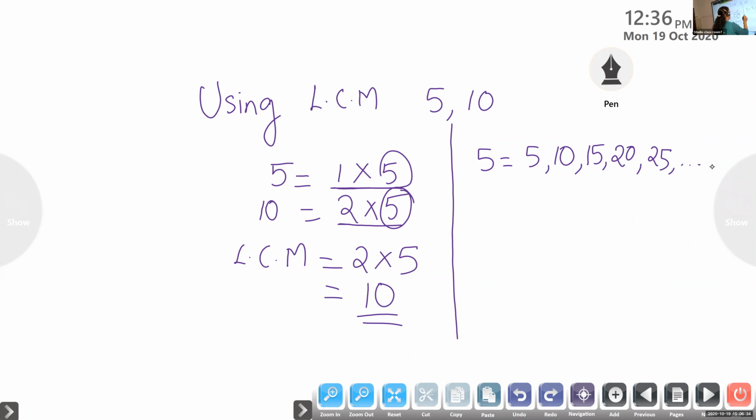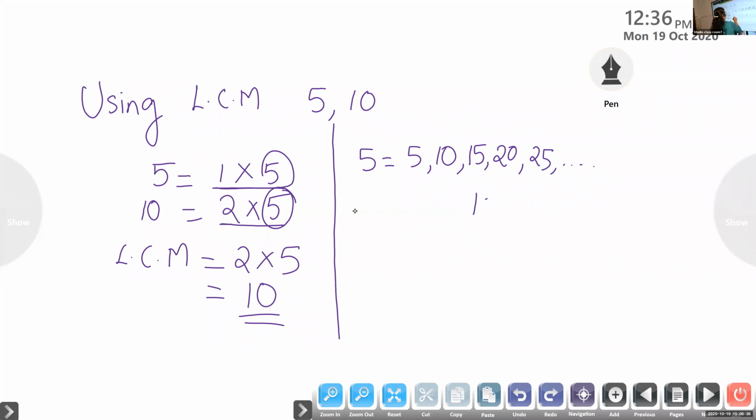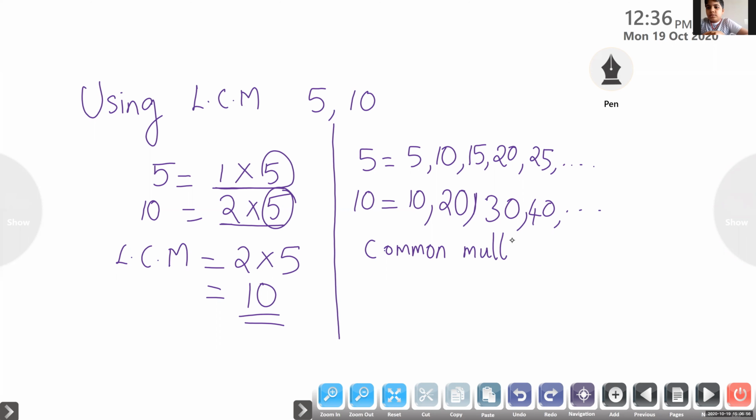Okay. Now what are the multiples of 10? 10, 20, 30, 40, etc. Okay. Now tell me the common multiples. Common multiples from here: 10. We can circle 10, here also 10, and